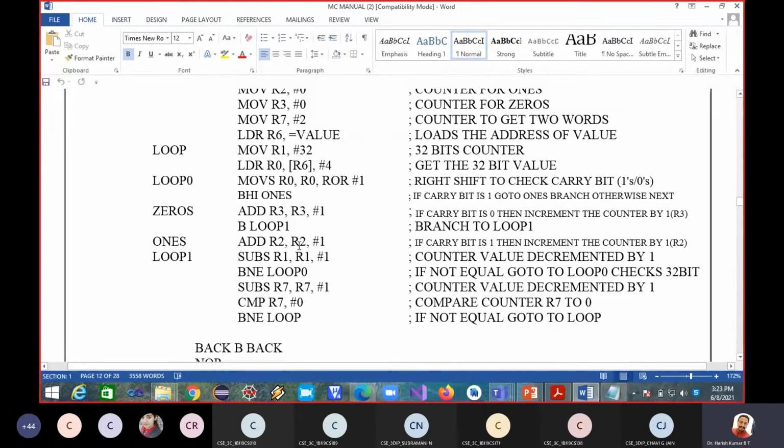Is it a separate count for the second memory location? No, we're just continuing the count which we had obtained for the first memory location. Say in the first memory location 8 ones were there. Now in the second memory location it is continuing: R2 value is 8, 8 plus 1 becomes 9. It keeps going like this.